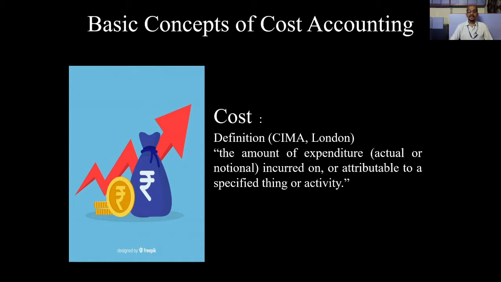And it is attributable to a specified thing or activity. So this actual or notional expenditure may be related to anything or any activity. So cost is nothing but the expenditure. The second